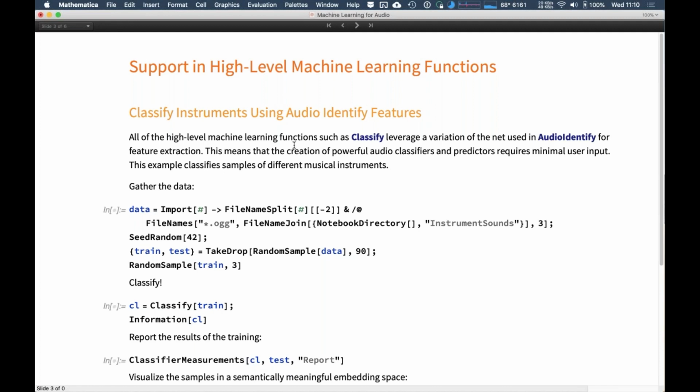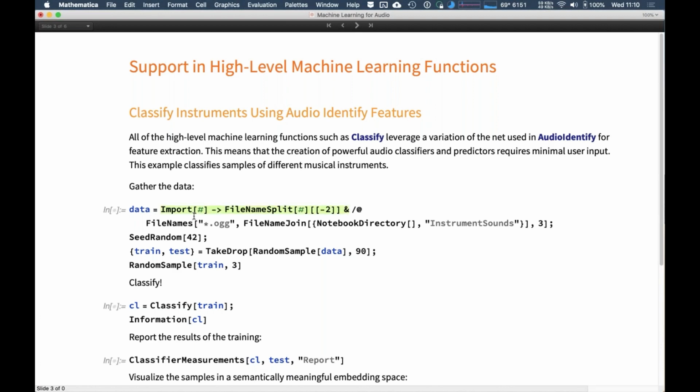Once you have these semantically meaningful features, you can compare them and have a meaningful definition of a distance, for example, between audio signals.